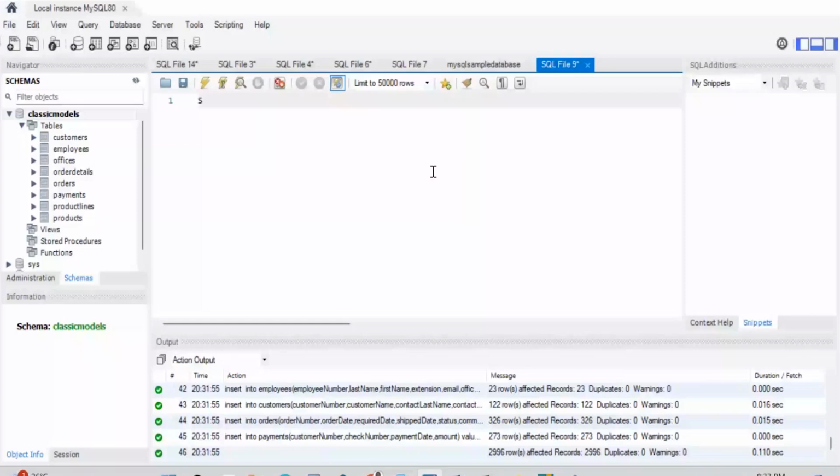Okay. We say select asterisk. We want to see everything. Don't worry, your system won't crash. But there are some databases where you select asterisk, then you go and buy another system. So select asterisk